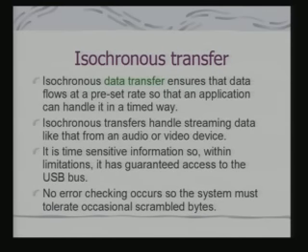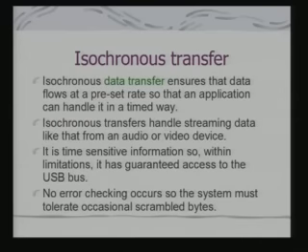Obviously, when we are streaming data from an audio or a video device, we are required to support isochronous transfer. What is important is that in this context, the USB bus has to provide guaranteed access. So, there has to be a guaranteed bandwidth allocated for this transfer.